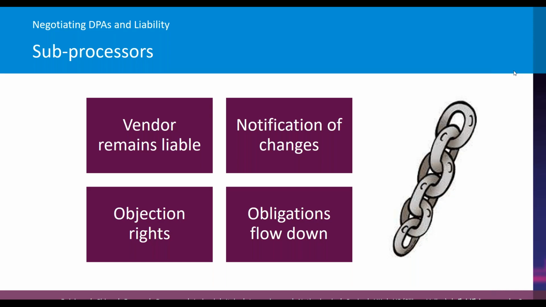So ordinarily, that's not something where you should expect much pushback from the vendor. The other area is what level of authorization you should be providing for sub-processors. In some cases, you might have to provide a specific prior authorization for the vendor to engage any sub-processors. That effectively means if they want to engage a new sub-processor, they have to get your prior consent before doing so. The alternative is that you give a general authorization, and that means the vendor doesn't have to go to you beforehand, but they still might have to notify you that they're making that change.